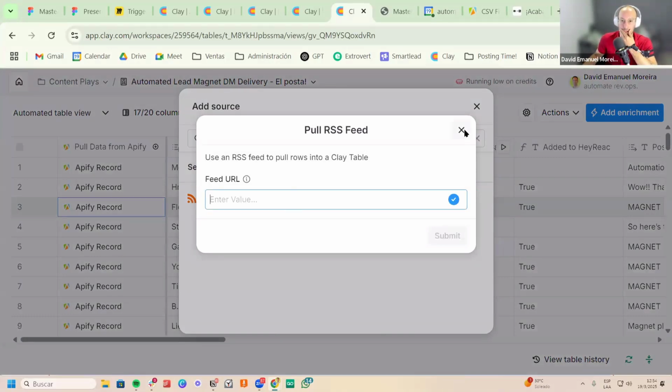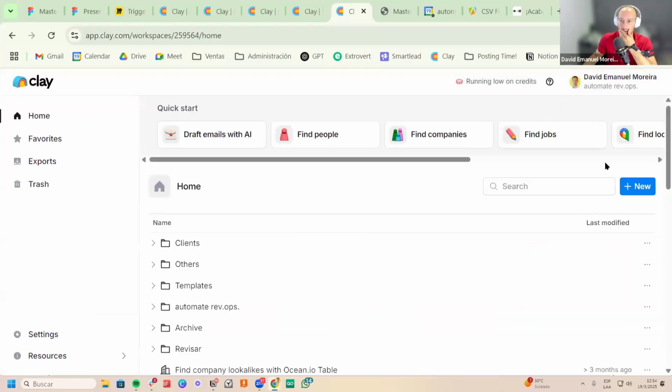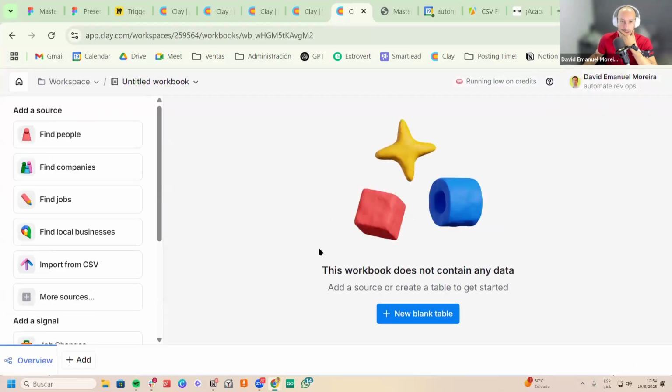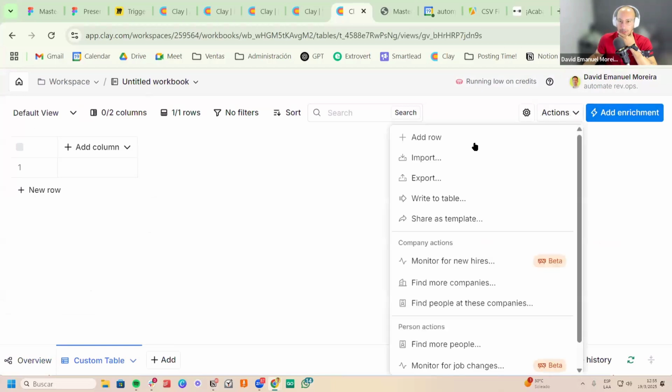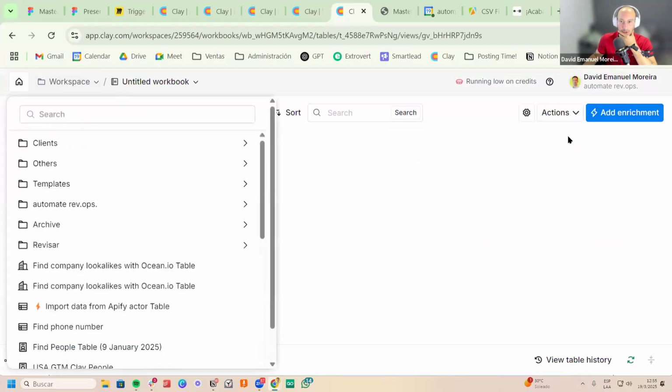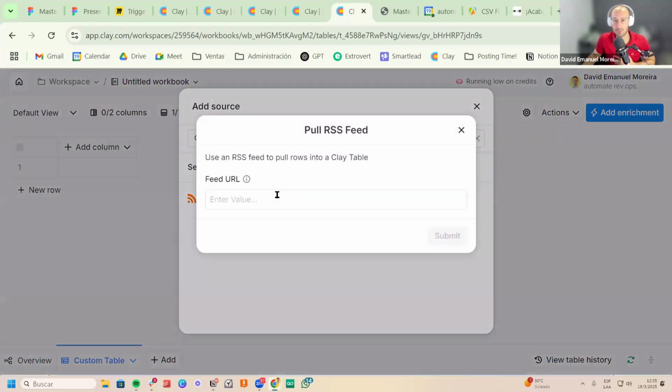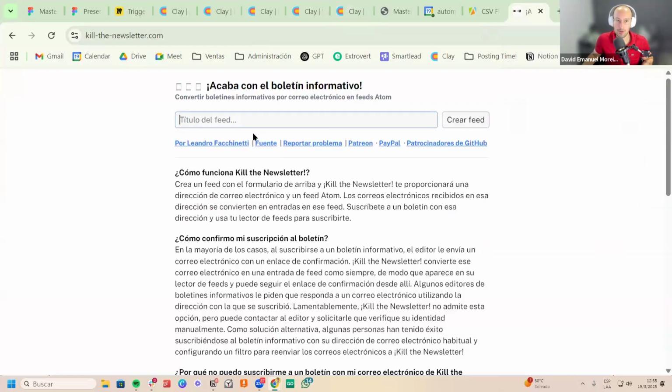So you can even create a new table starting from an RSS. Okay, yeah, it's the same process. So if you go to RSS, you can pull the RSS here. So let's say you want to test emails here. You create a feed,